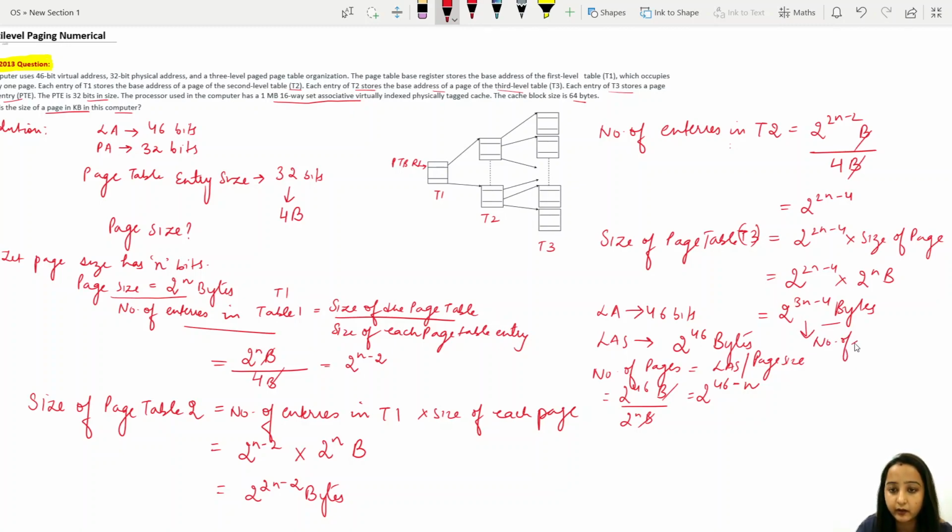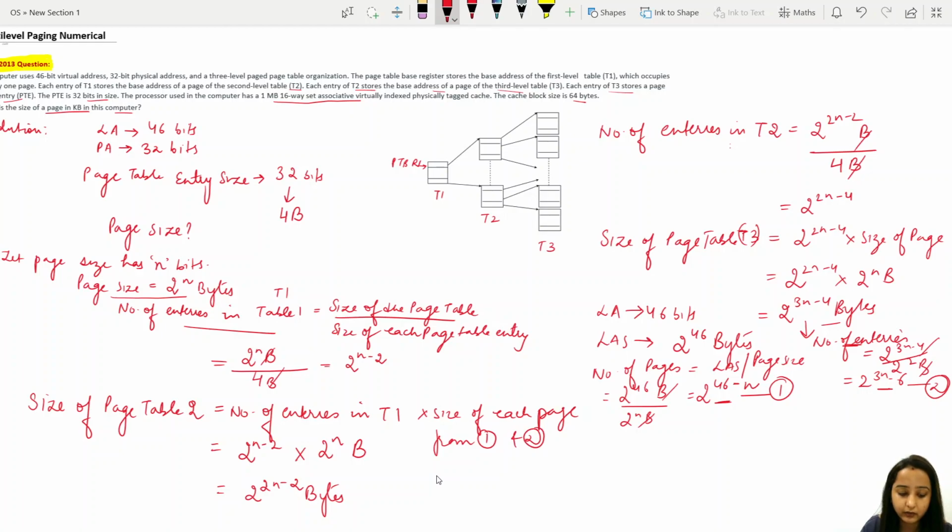Number of entries will be 2 raised to power 3n minus 4 divided by 2 raised to power 2 bytes. So it will get cancelled. It will be 2 raised to power 3n minus 6 number of entries in the T3. Here also we got the number of entries, that is number of pages. If I mark it 1 and 2, so from 1 and 2